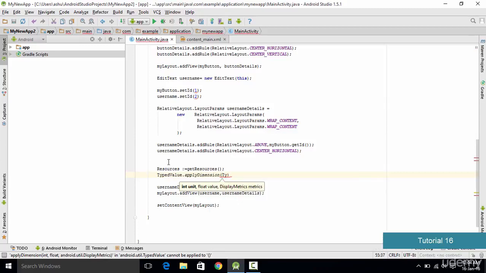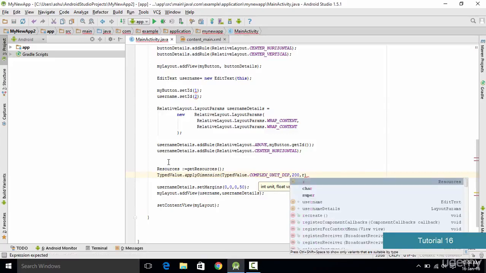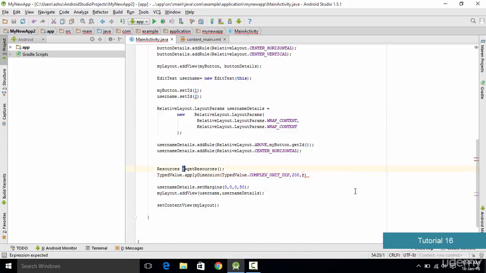So we type TypedValue.COMPLEX_UNIT_DIP, and that's going to be the first parameter. The next parameter is the number of pixels which we want to translate, so let's say 200. The third value is going to be the resource, so we type r, which is the object we have created right over here, and then we